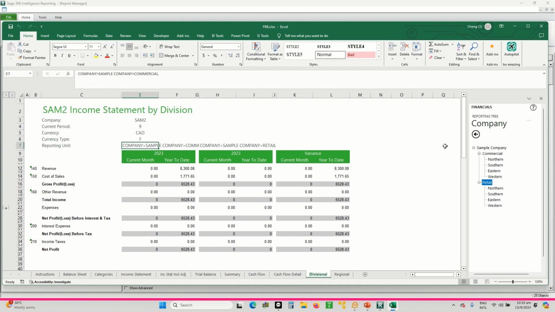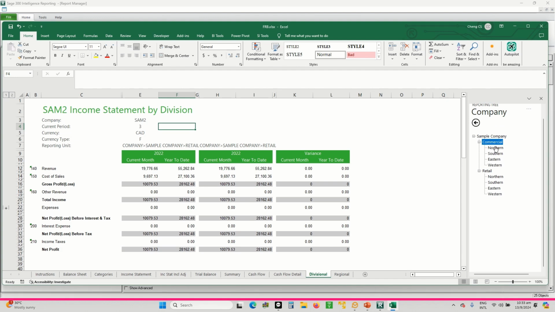In this particular case, someone has dragged and dropped commercial into here and retail in here. Now, if I drag retail, instead of putting it into here, and put it into this other cell, then of course this portion of the report will reflect the retail division. Obviously, it's not showing much because the year used is 2023, so let me change to 2022 and period three. You can see the data now showing. Because this is showing the same year and period, these two are retail values and the numbers all match correctly. If I want, I can now drop commercial into here, and